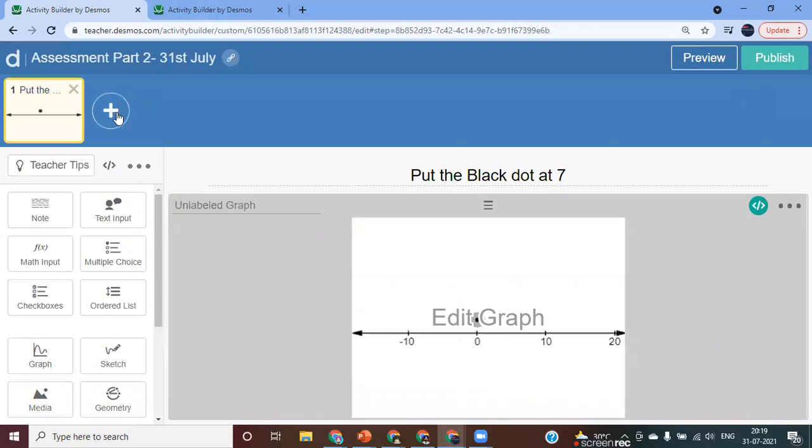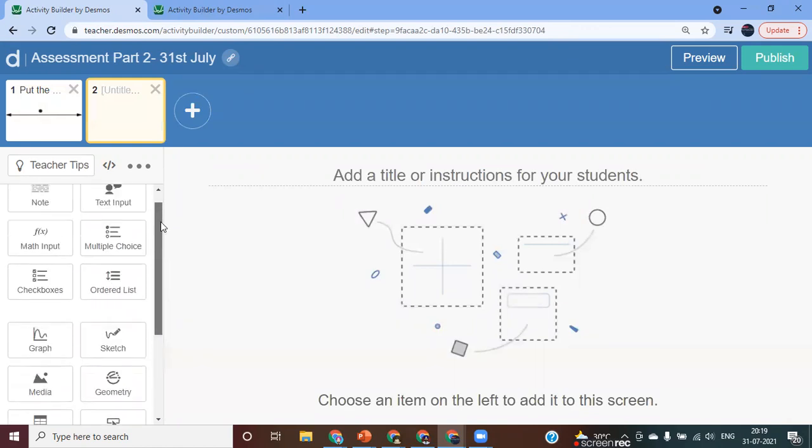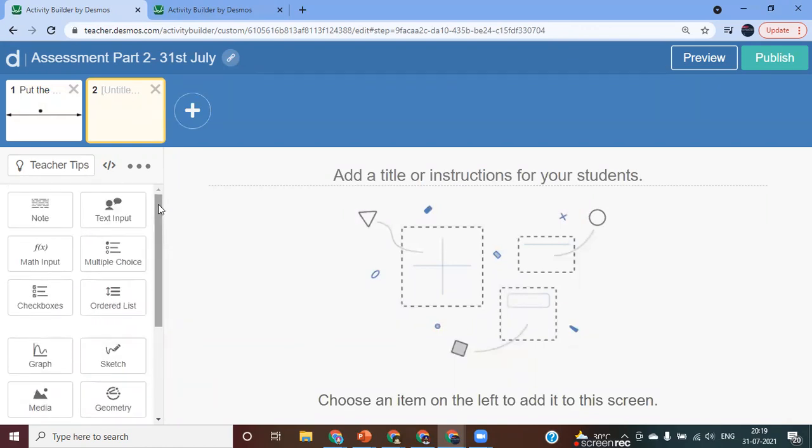Okay, and next thing, let me show you what you can do based on the multiple choice question. Now I want to give feedback when my student is selecting any multiple choice option, because sometimes students just randomly mention, like, okay, I just know this, A, B, C, A is the answer, B is the answer, something like that. But they don't really explain why they selected that particular option. So for that,